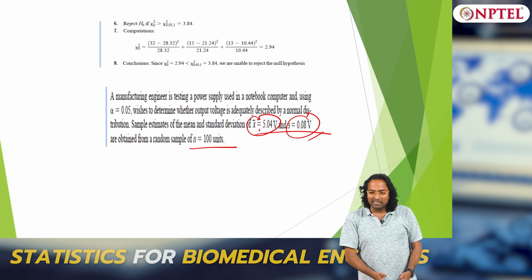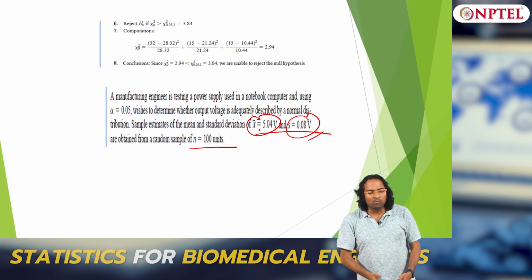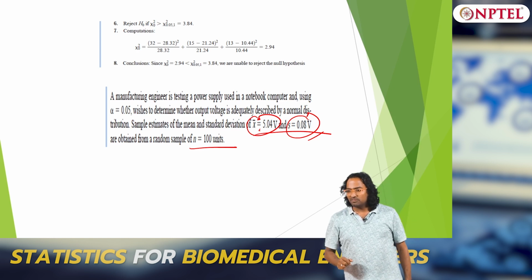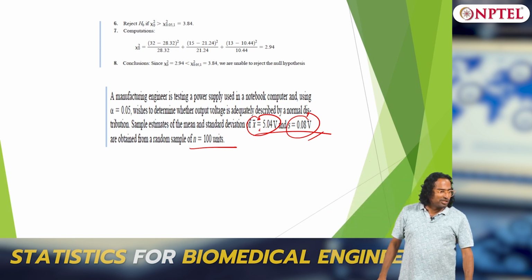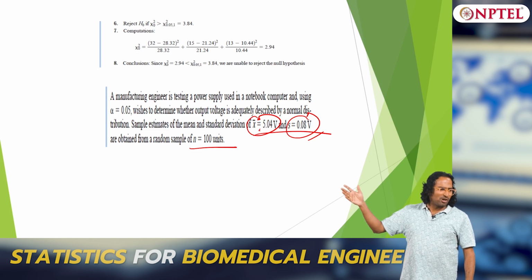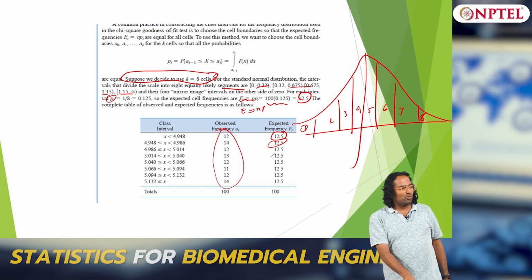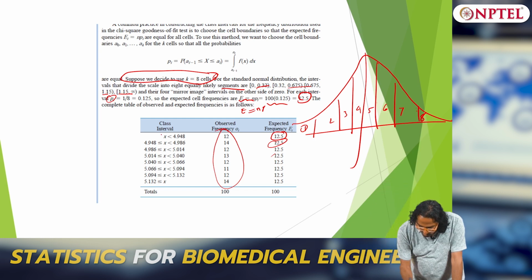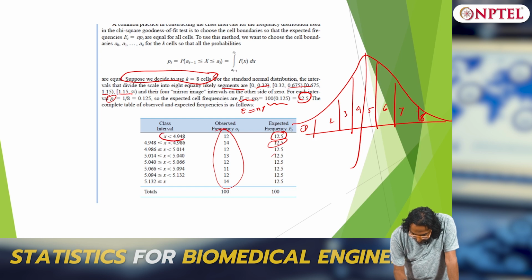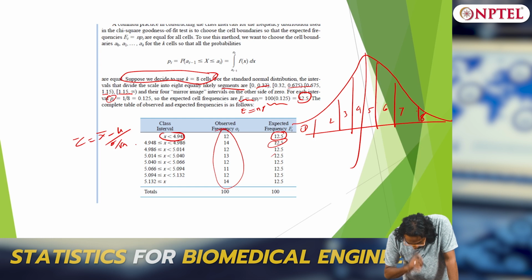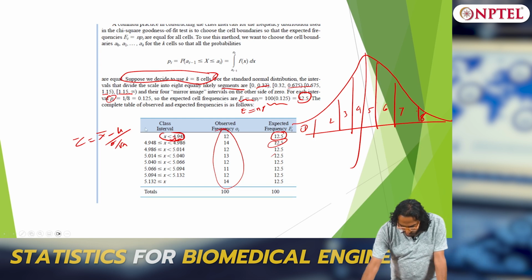You understand what is z? Z equals x minus mu by sigma. In this case x is nothing but x bar, so it is going to be x bar minus mu by sigma over root n. Now you have standard normal, 0 comma 1. Now what is the value? So you have x here. What is the observed frequency after converting z equals x bar minus mu by sigma over root n? Substitute x equals 4.98. I do not know whether you remember this, let me show you.